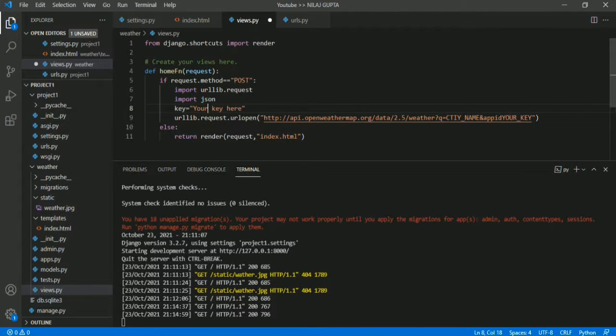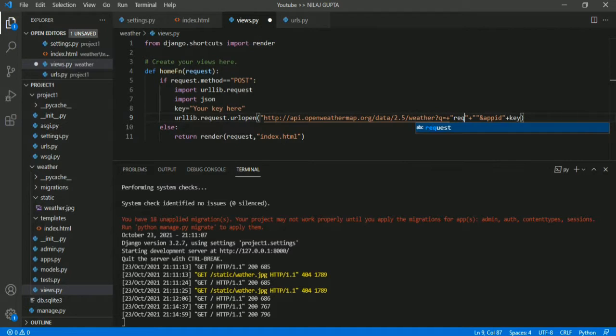Okay, and let's replace it: plus key, and city name by the city name that was submitted by the form.